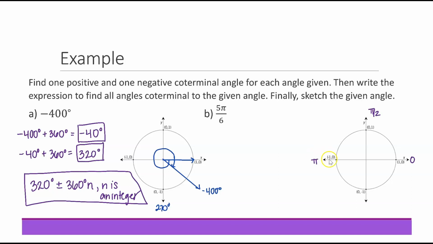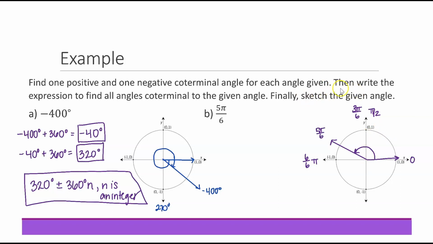Here we have pi. Just as a reminder, this is 1 pi, or another way to think about it is 6 over 6 pi. And pi over 2, well, that's 3 pi over 6. So 5 pi over 6 is going to be between 3 pi over 6 and 6 pi over 6. So here, I'm going to think about splitting this up into those 3 equal parts. If I start along the positive x-axis, I'm going to finish right about here. This is 5 pi over 6 with my terminal side.